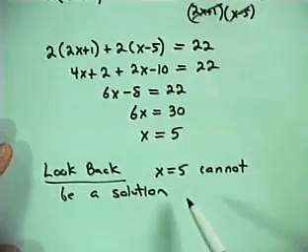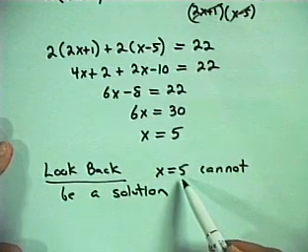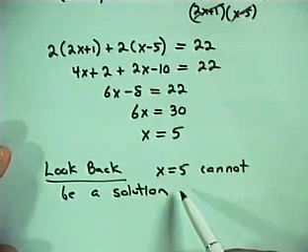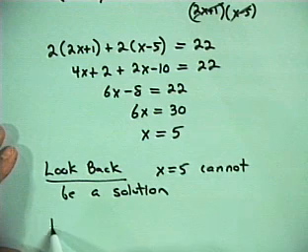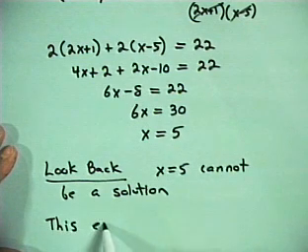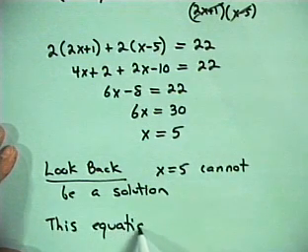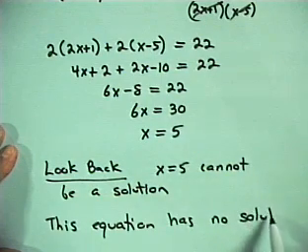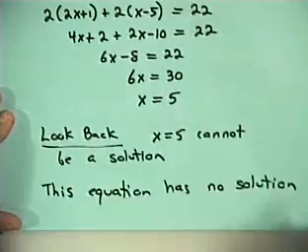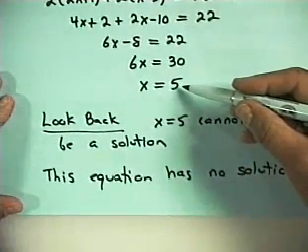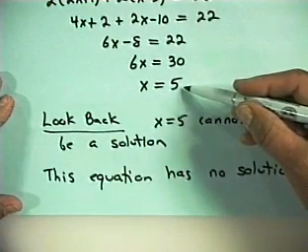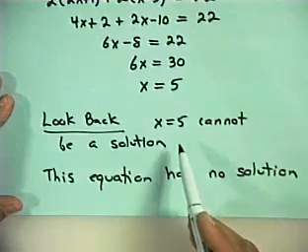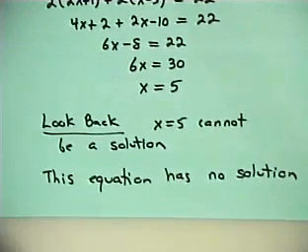So the only solution possible is x equals 5. It doesn't work because it's not in the domain of the problem. So this equation has no solution. So don't forget to look at that last part. When you have a solution, it's not a legitimate solution. So this problem has no solution at all. Now, I would like to give you a warning about